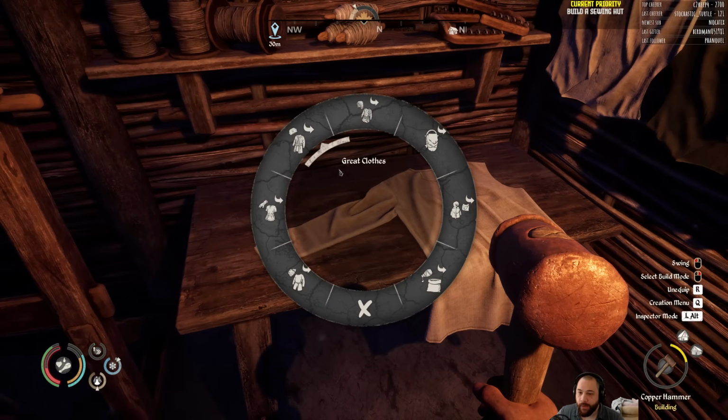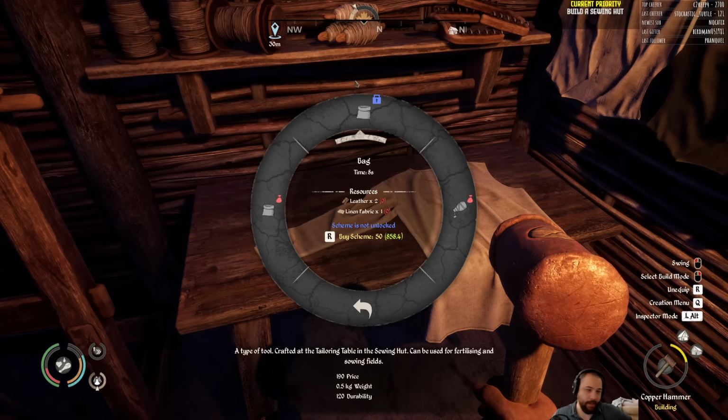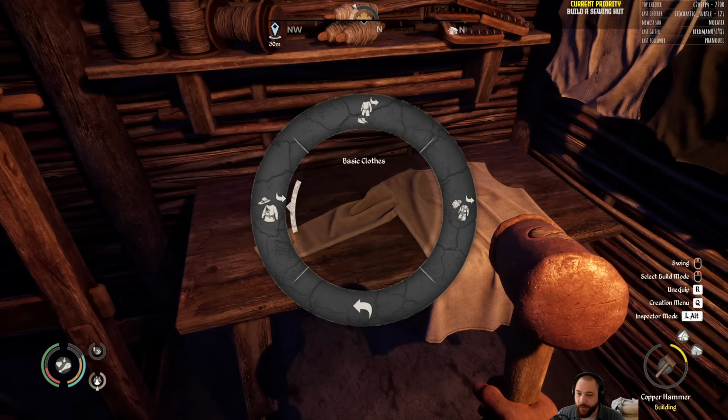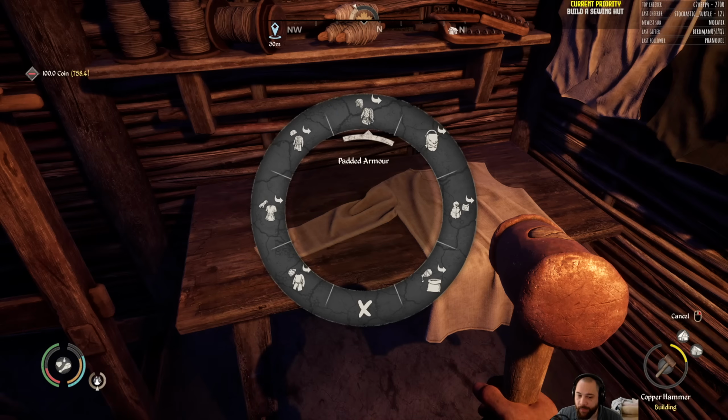So here in the patterns, we have standard clothing, decent clothing, great clothing, padded armor, backpacks and pouches. Obviously, I'm going to want a backpack, and mounts. Miscellaneous, like bags, which allow us to farm more efficiently. And in standard clothing, there's basic, simple, and winter. And I am going to... I don't have any leather, but let's get the pattern for winter bracers,